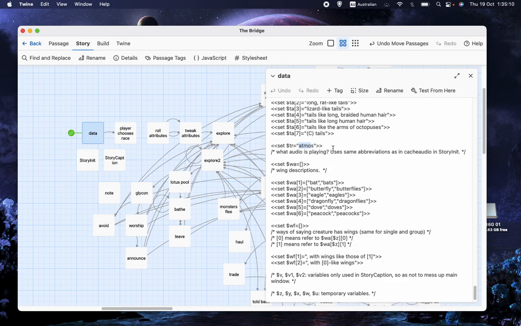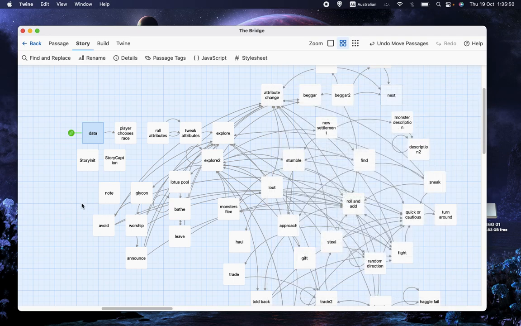Now, the reason that we do that is that we don't want to start playing a track if that track is already playing. If a track's already playing and we don't need to change it, we want to let it play through. If we started playing it every time we got onto the relevant screen, it would just keep starting again. So we need to have this TR to keep track of what's currently playing, so that we know not to do anything if it's the right one. And you'll see how that works when we get to it. But so set TR equals Atmos, which is the sort of the ambience,